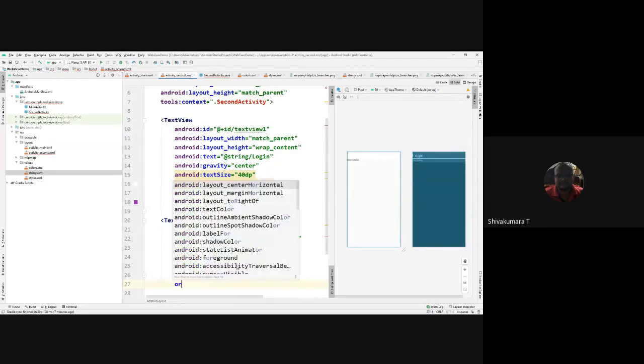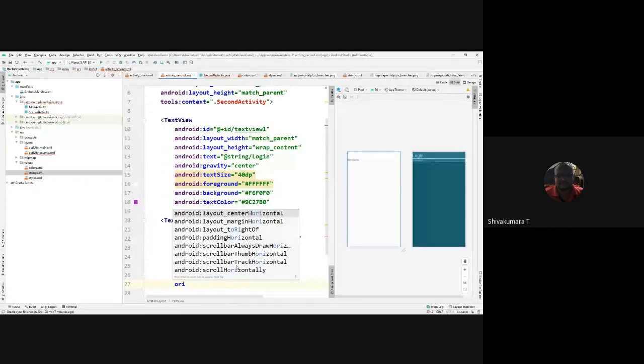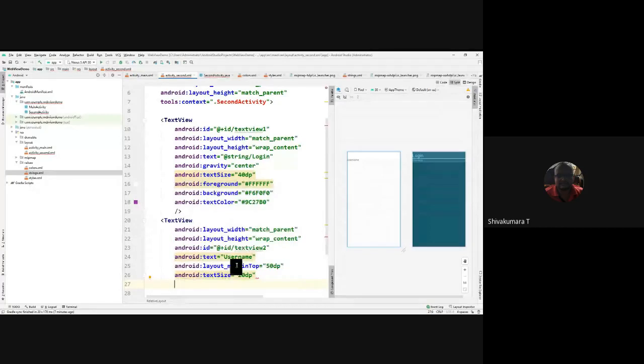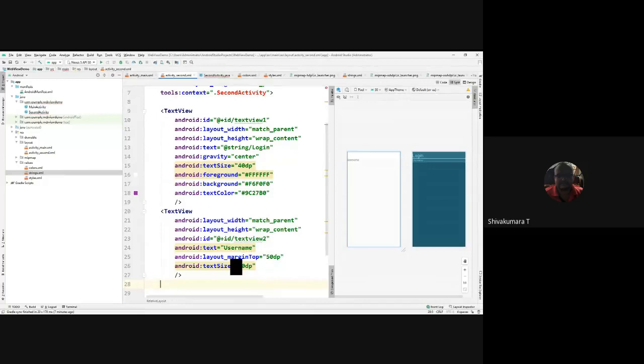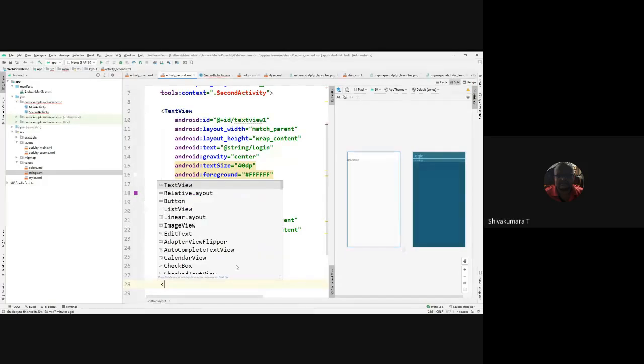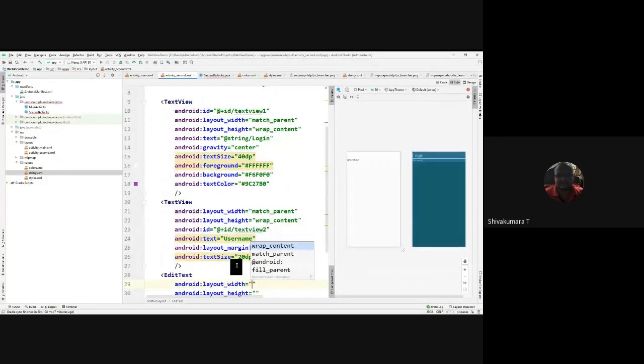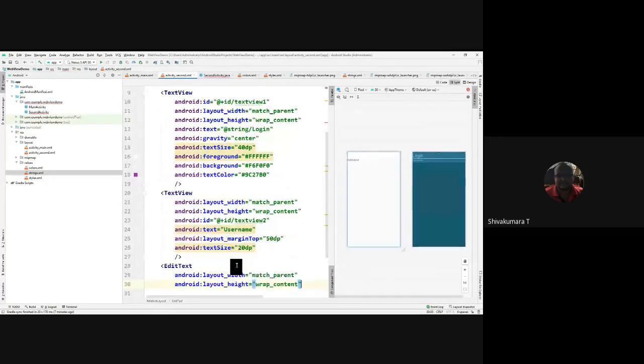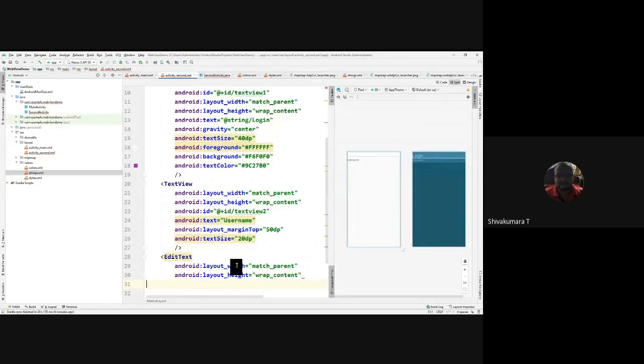Orientation also you can specify, or you just close. So after username, an edit text box is required, right? For that, edit text, match parent and wrap content. All the views have their own id, edit text 1, I'm calling it.